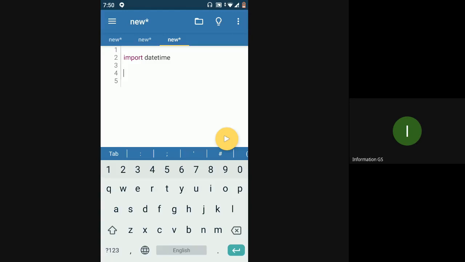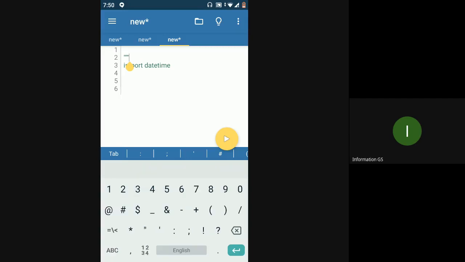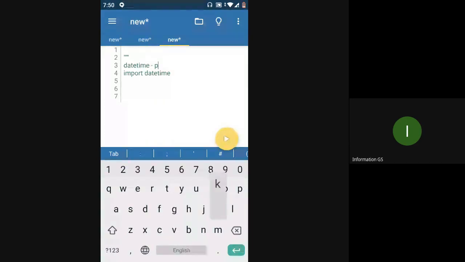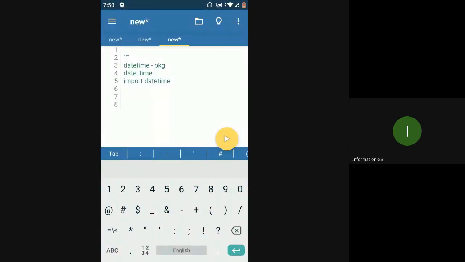So let's just check. Yeah, datetime is a package, and date and time are the modules inside this package.